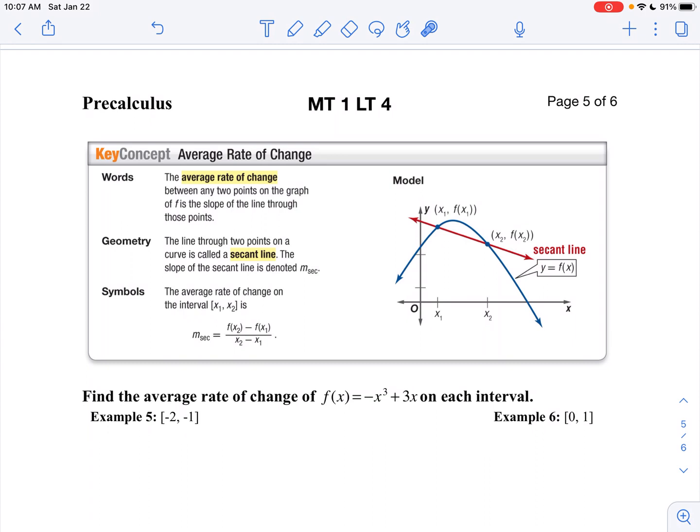What I'm going to do is pick 2 points and draw a line through those 2 points, and find the slope. That's your average rate of change. We call that the secant line. Secant means to cut. So I'm going to cut my graph into 2 parts, and then I'm going to use